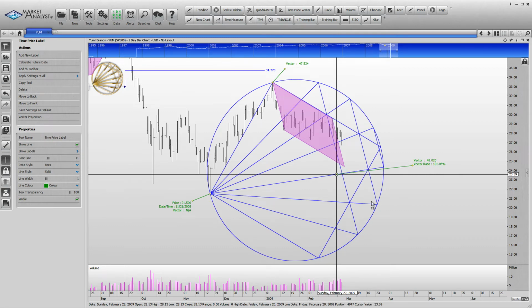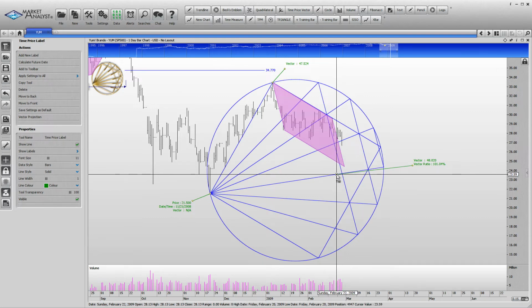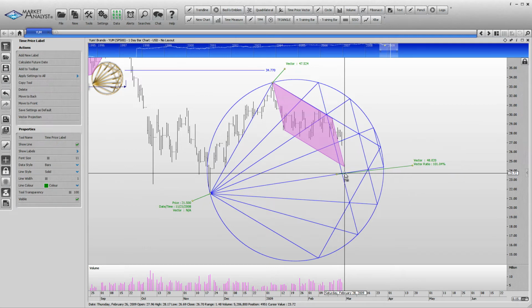Okay, so close enough. We'll just put it there. On this given day, the 22nd of February, we have the time price vector complete on this date here. And then we compare that with the date given by the quad. The quad is saying the 28th. 28 compared to 22, we're talking 6 days difference, and 6 days compared to,